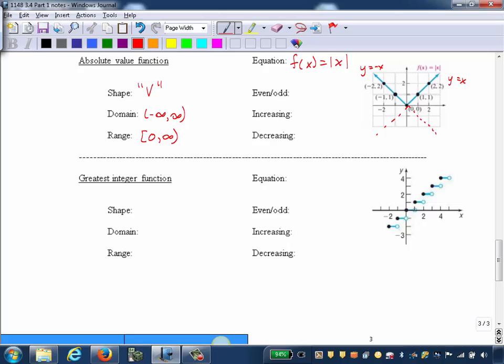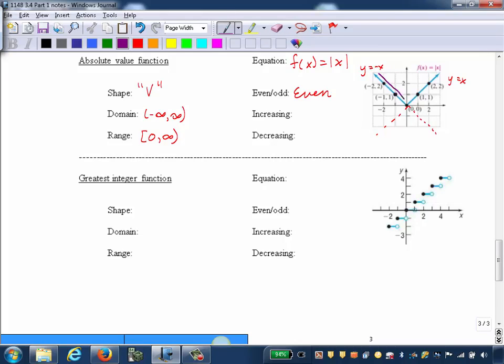We can observe symmetry here with respect to the y-axis, so that tells us it's even. Now, because this is basically two pieces, a piece of two different lines, this line, a negative x graph, has a negative slope. So as we trace from left to right here,